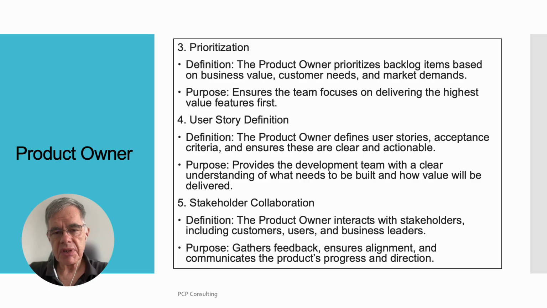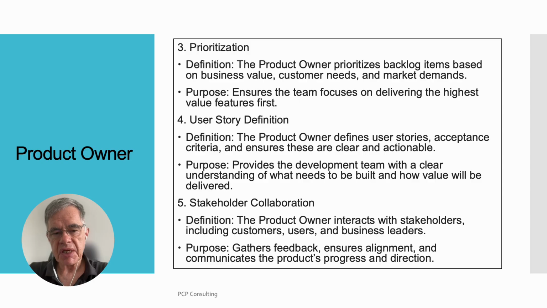Prioritization. The product owner prioritizes backlog items based on business value, customer needs, and market demands, ensures the team focuses on delivering the highest value features first. User story definition. The product owner defines user stories, acceptance criteria, and ensures these are clear and actionable. Provides the development team with a clear understanding of what needs to be built and how value will be